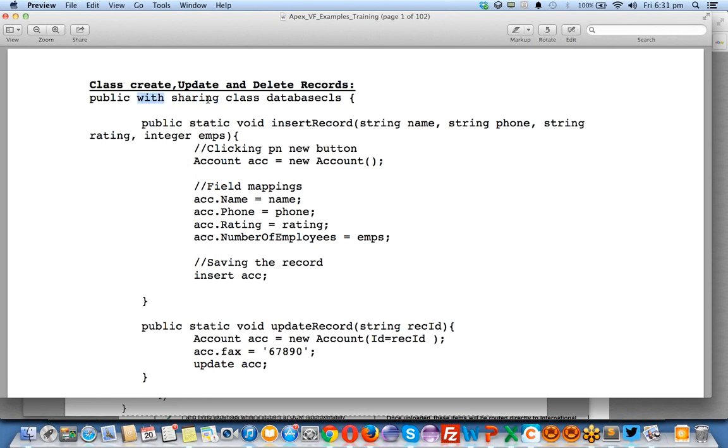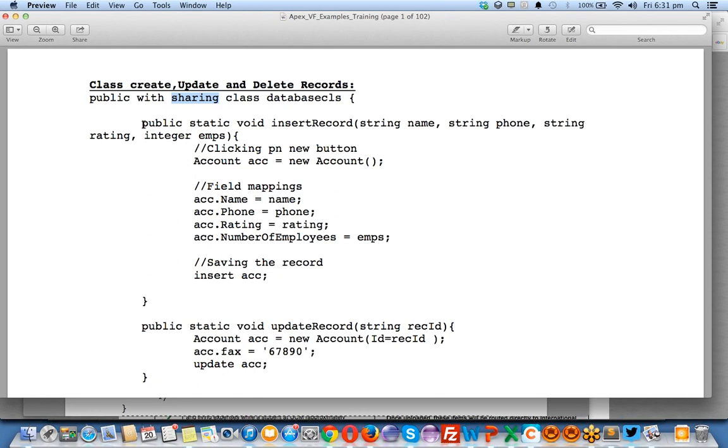So when I use the with sharing keyword, it will show only the records available to me. So this is the sharing setting which I have assigned to this class.